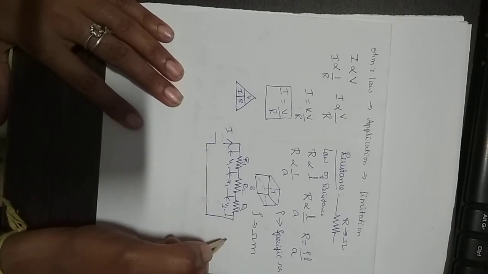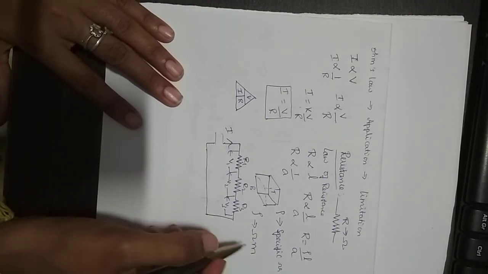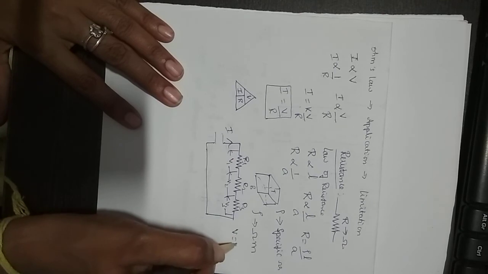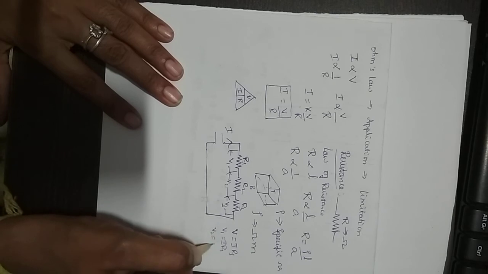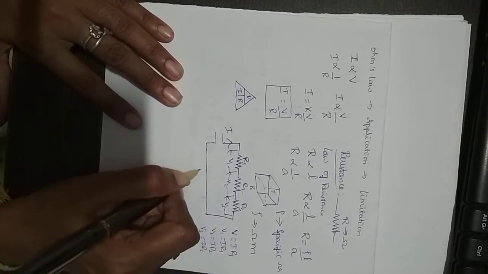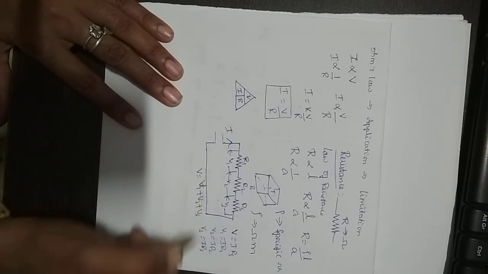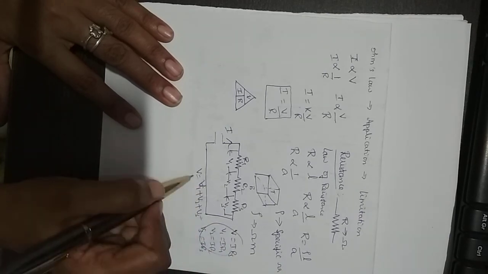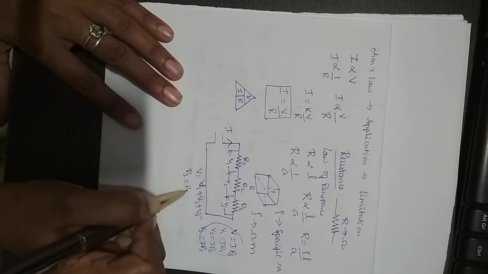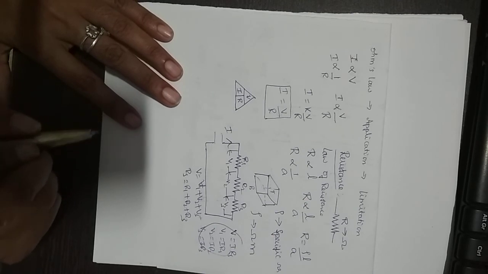So when we find the derivation for series resistors, V is equal to I Rs, that is V1 is IR1, V2 is IR2, V3 is IR3. So total voltage V is equal to V1 plus V2 plus V3. When we substitute all those things in this equation, we finally get Rs is equal to R1 plus R2 plus R3. So in case of parallel,